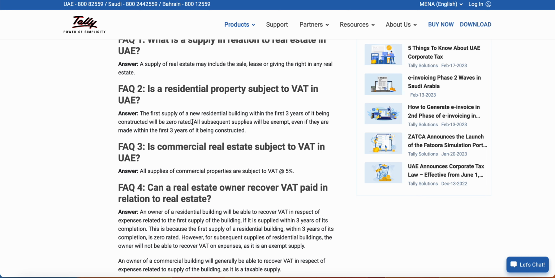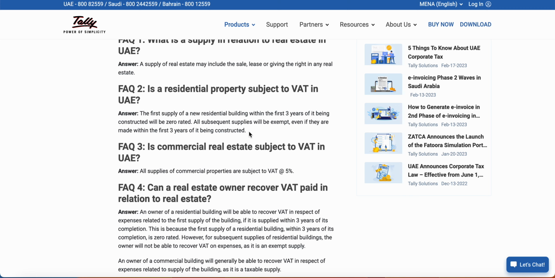And if you register, then you'll be issuing a zero rated invoice in case of residential building, and only zero rated for the first time sale of it, and that too within 3 years. After that, if you sell it, it will be exempt. All subsequent supplies of residential property, even if they are made within the first 3 years of its being constructed, will be considered as exempt supplies. Now, exempt supplies also means that